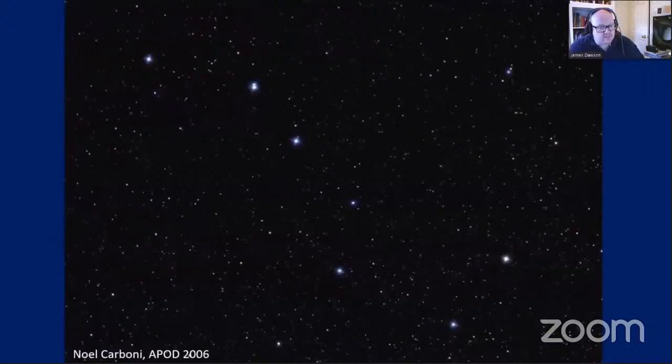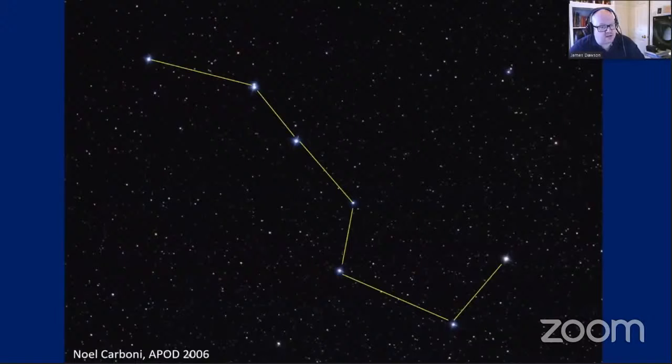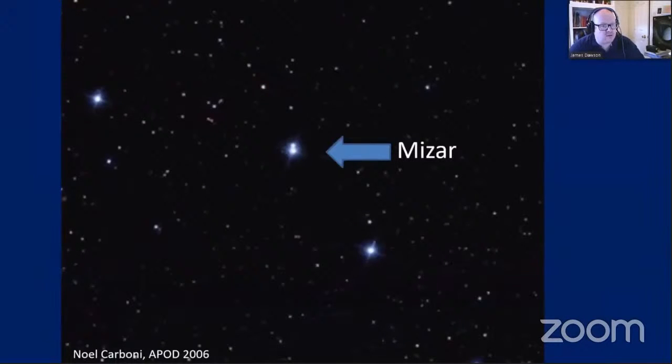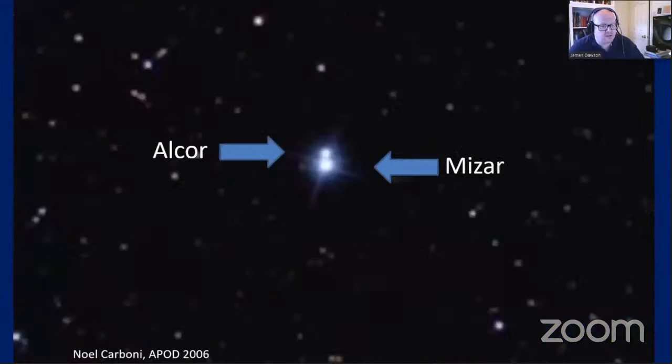Here we can see a wide field shot of the asterism of the Big Dipper in Ursa Major. I'm just going to put some lines in to show the outline of the Big Dipper. There's the handle on the left and the pan on the right. And Mizar is this middle star in the handle. And if you're close enough to the screen or your eyesight's good enough, you might get the hint that there's more than one star there. If we zoom in a bit closer, you can now see it looks a bit like a snowman with a small head and a bigger body. We get really close on this image and you can see the brighter Mizar at the bottom and